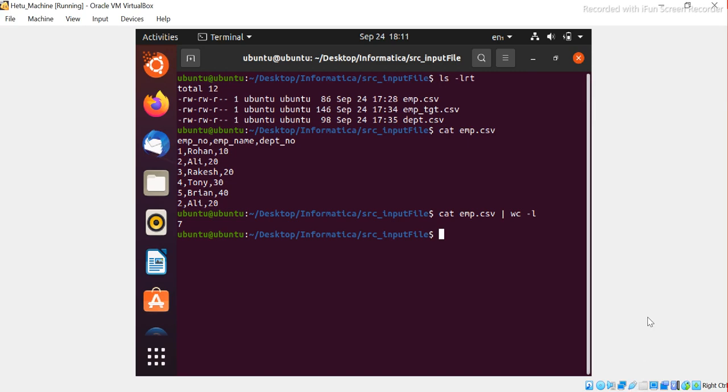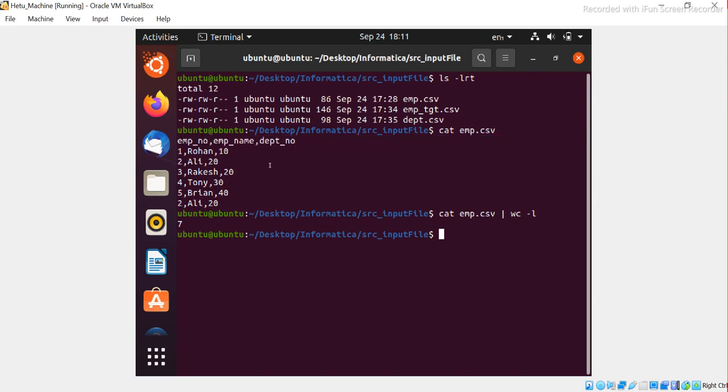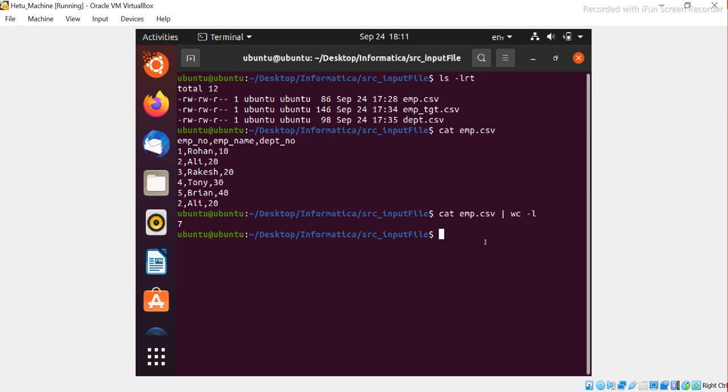Okay, all right, guys. Sorry, there was some disturbance. Basically we needed to know how many rows are there, right? If we do not consider the header, we actually have 6 rows, because we don't want to consider the header. So 6 rows in employee, and what I need to know, basically, since we are joining here,